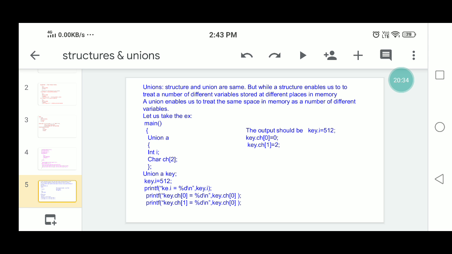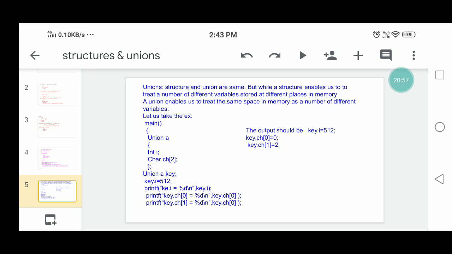You declare the union named A. Inside this union block, you take two variables: integer i, and ch, another variable of character type. Then union A is declared as another variable, key.